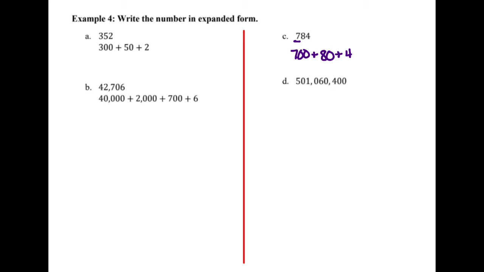Okay, next one. All right, we got to figure out what numbers are in what places, right? So that's the ones, the thousands, the millions. And in the millions, we have hundreds, tens, and ones, right? So that's 500 million. Okay, so 500 million plus 1 million. Oh, I didn't get enough zeros, did I? Let's go back. That was 1,000, not million. There we go. Plus 1 million